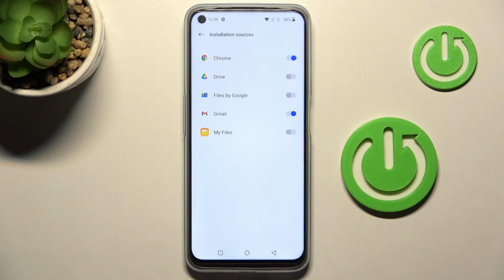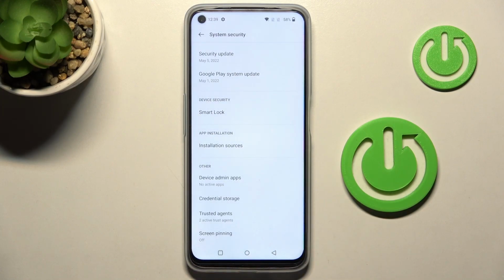Obviously you can make it for any other app. So that would be all. This is it. This is how you can activate installation of apps from unknown